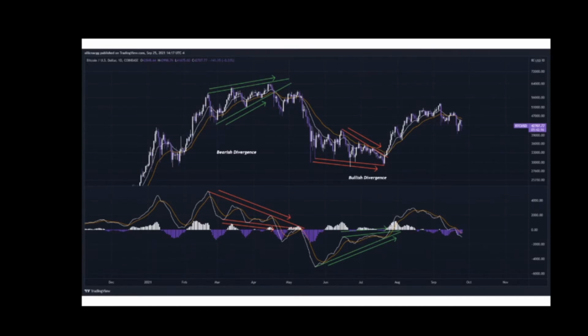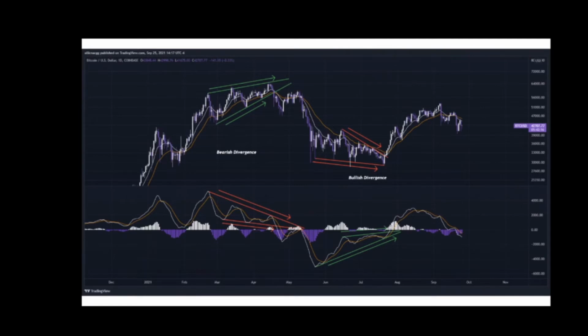Shortly after, we fell and found ourselves in a bullish divergence, right? Where the price of the underlying asset, which is Bitcoin, was making lower lows and lower highs, while our MACD was rising, making higher highs and higher lows. So the underlying price was going down, while the momentum and the strength of the asset was going up. This obviously is bullish when this happens, and you can see how the price action reacted